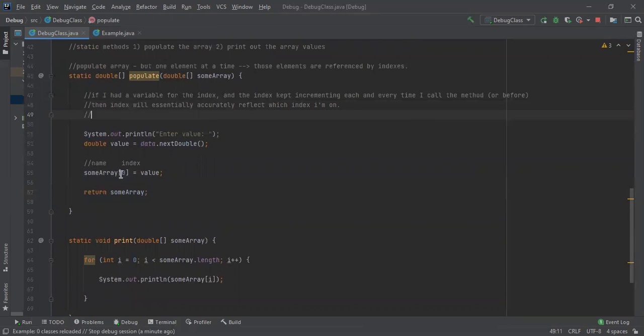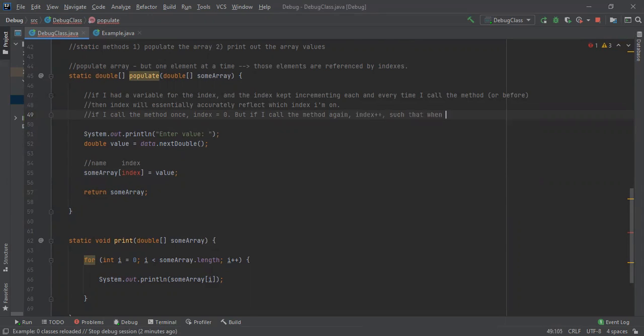So I want to have a variable called index, and index will keep track. If I call the method once, index will equal 0, because of course we need to be on the 0th index to grab the first element. But if I call the method again, index should increment by 1,